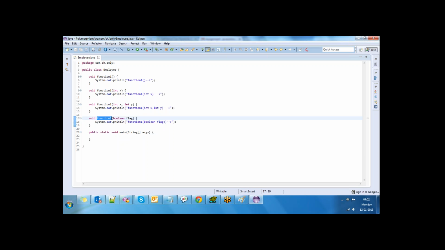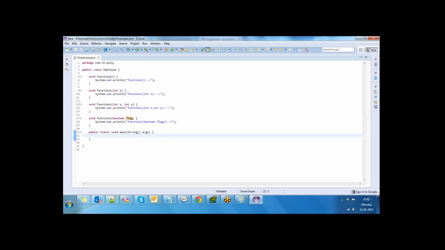Arguments are different, right? So how many methods are there so far here? Function 1 with 0 arguments, function 1 with int x argument, function 1 with int x, int y arguments, function 1 with the boolean flag argument.